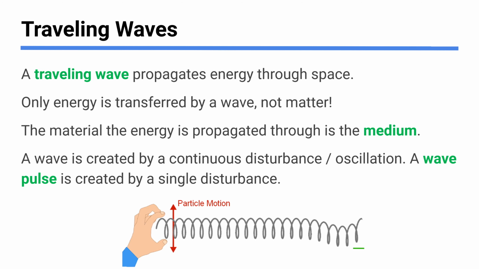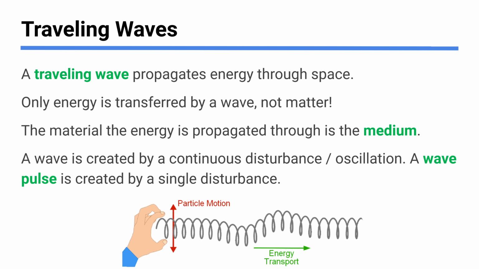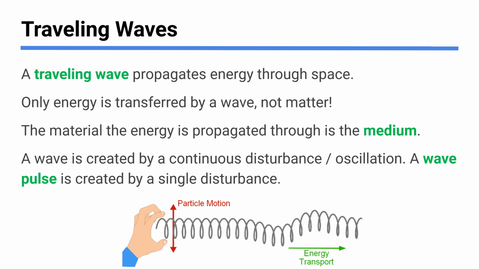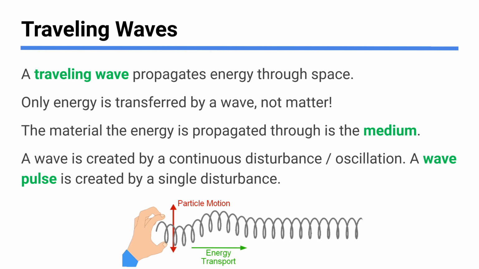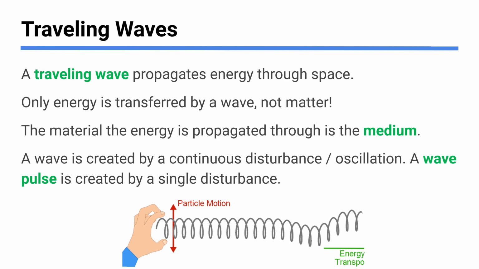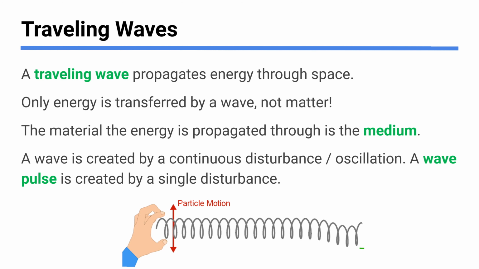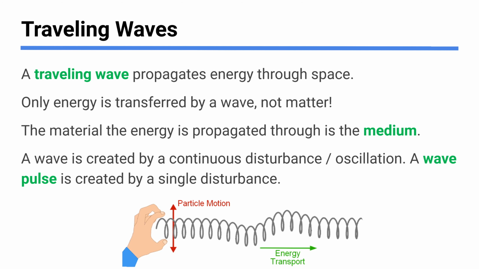Imagine if this person was moving this slinky up and down constantly, back and forth. You would then have what we would officially call a wave, caused by this constant, continuous disturbance or oscillation. Oscillation meaning a back and forth movement like so. So there you go, energy's moving. Notice the slinky itself is not moving left to right in this picture, even though clearly something is. The something that's moving is energy.